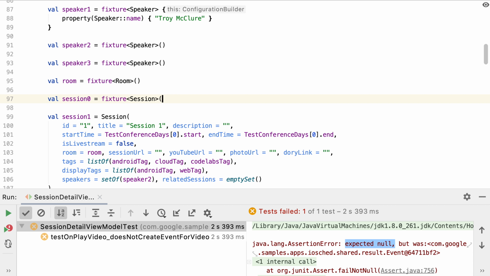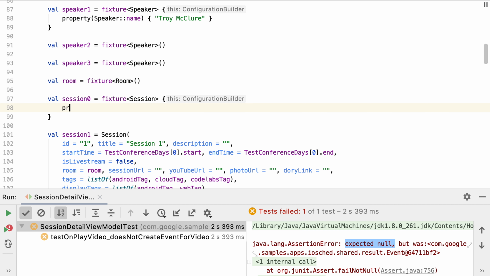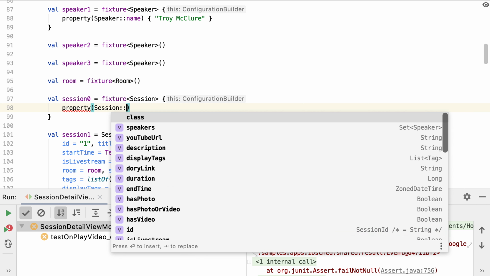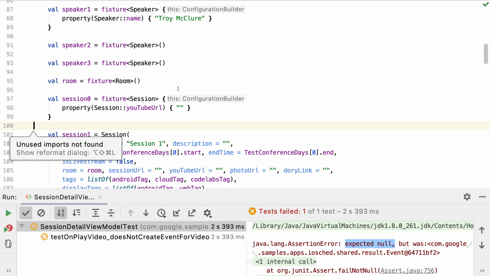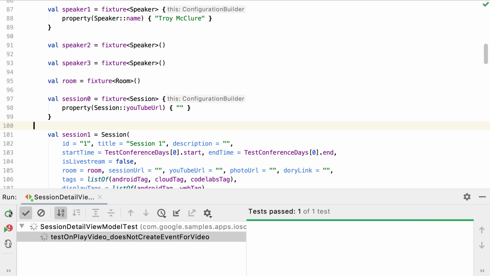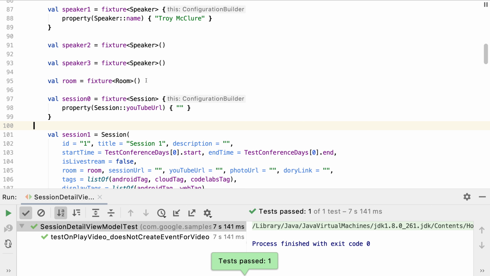Now, all this test requires is the YouTube URL to be provided as an empty string, so let's use the property configuration to set that and rerun the test. And now of course the test passes.